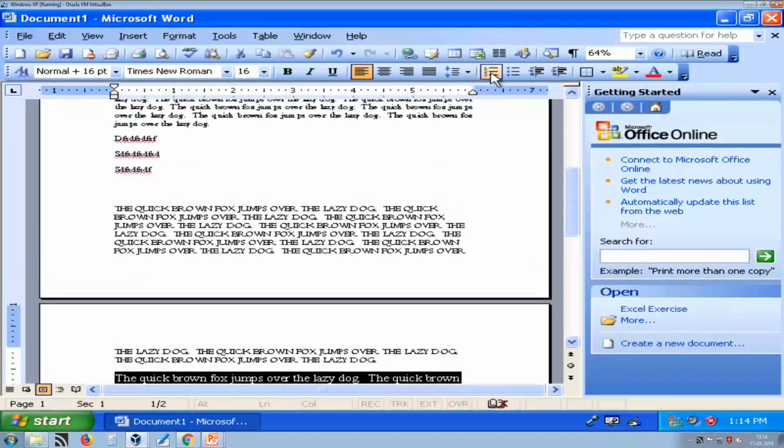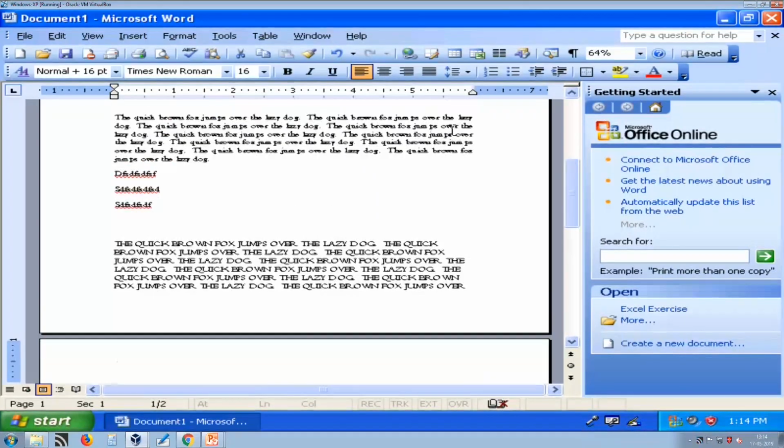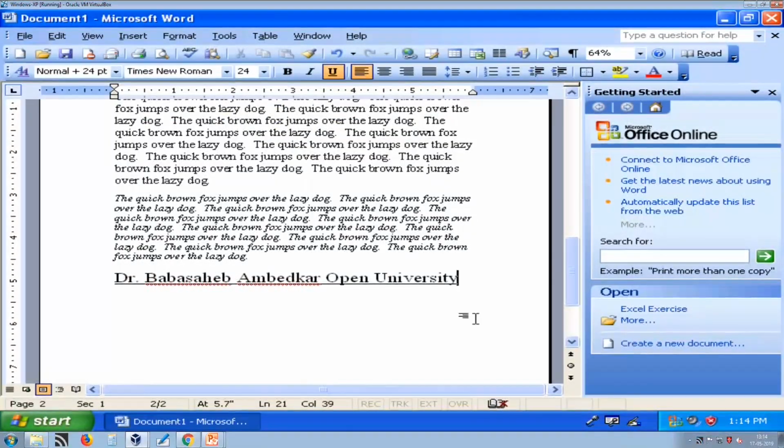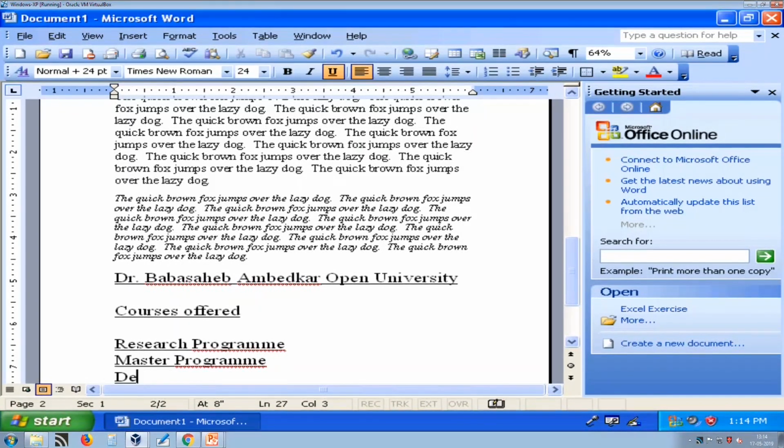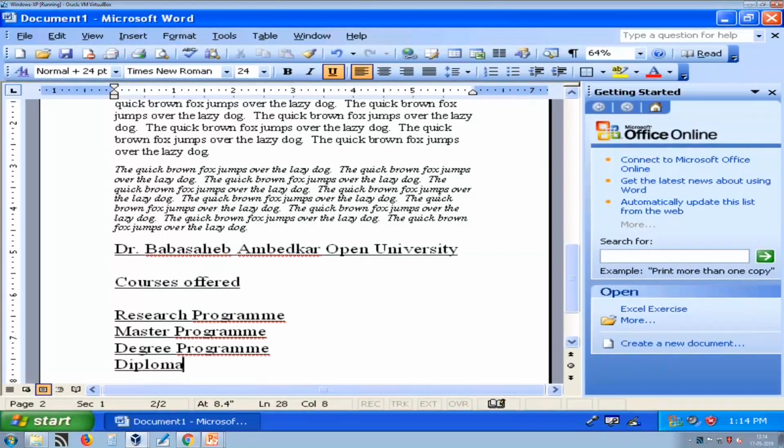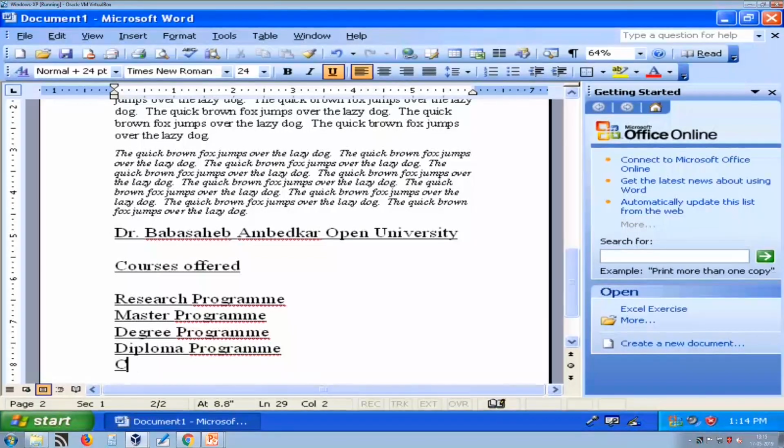Now, the next topic is numbering and bullets. Bullets and numbering are given to, for example, here we have a list of courses offered. So here I am giving a few list items, something like this, and finally we have.